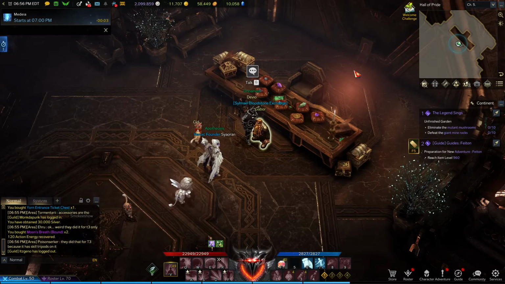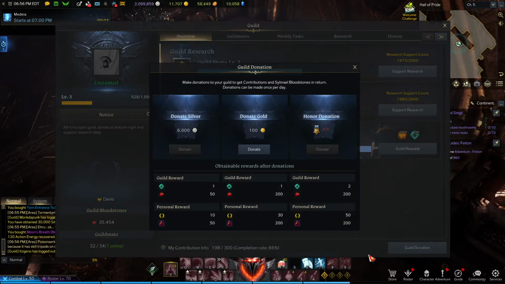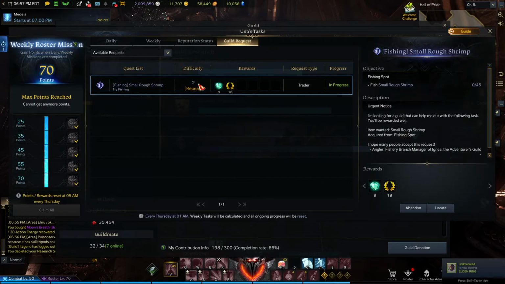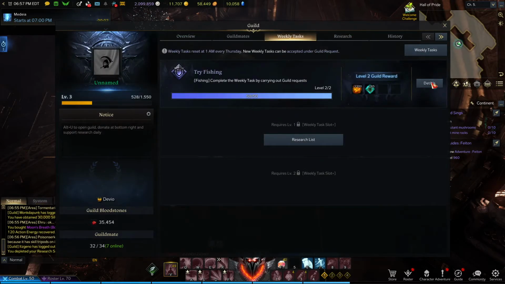So again, daily process: Alt U, bring up your menu. That will pop up and say, hey, you contributed, here's 350. Go here. Donate your silver. That's step 2. Step 3 is support of research. You do that, and then if you haven't done it yet, you really want to do at least one of your guild quests, because it will give you